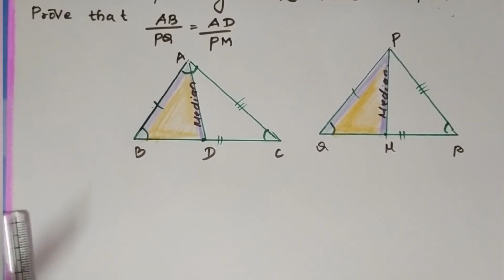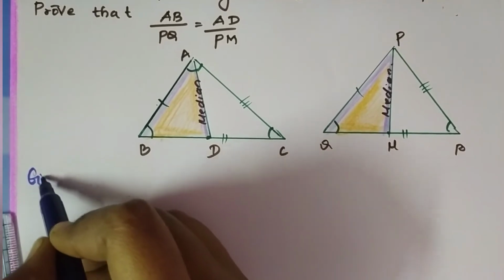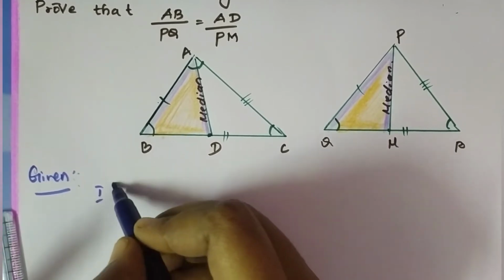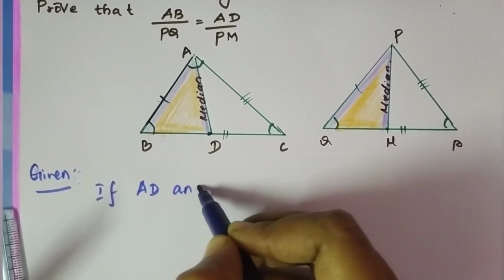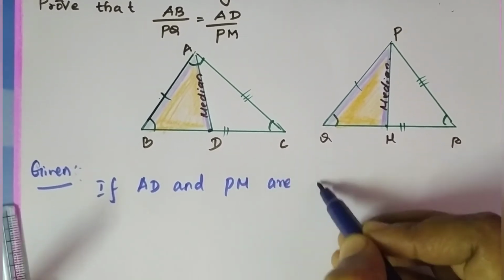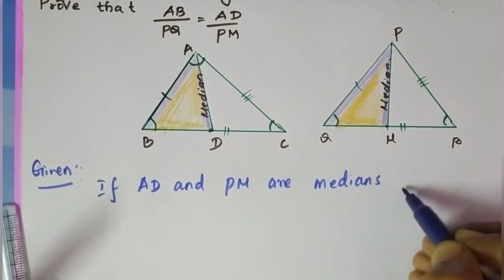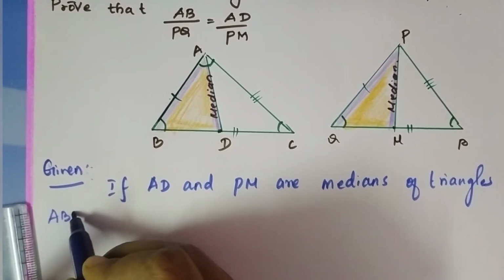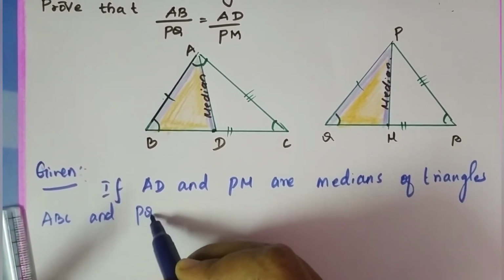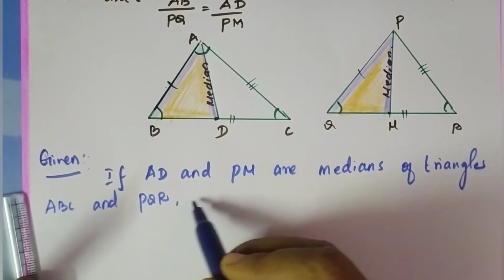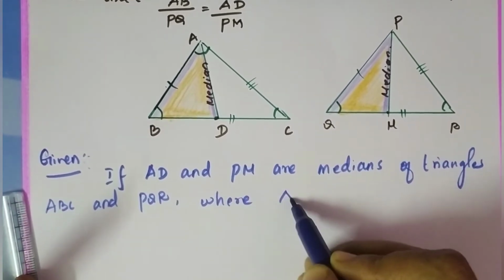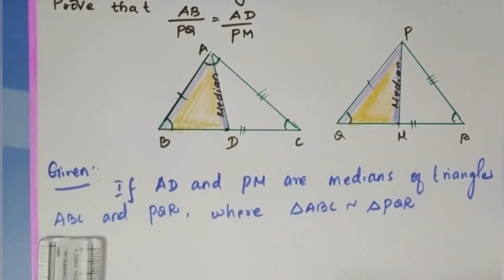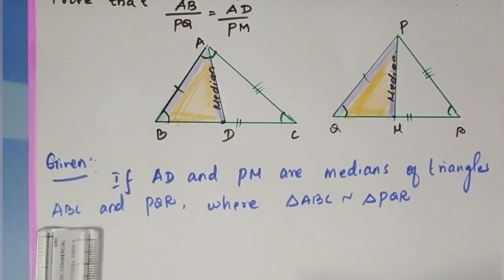Before that, write given. If AD and PM are medians of triangle ABC and PQR respectively, where triangle ABC is similar to the triangle PQR, such that